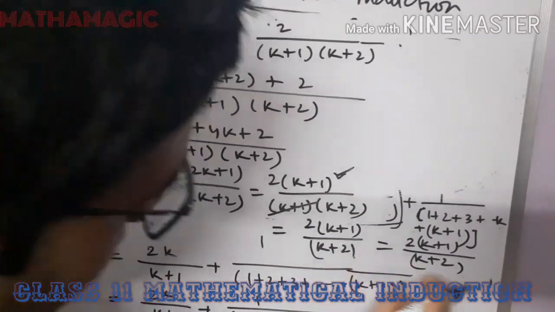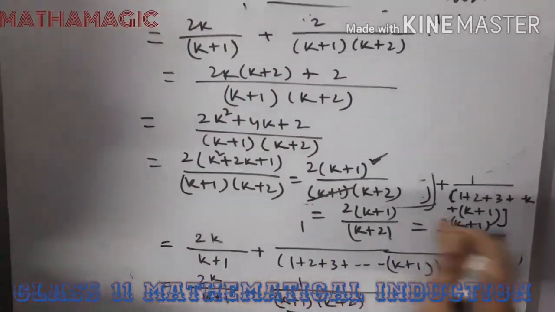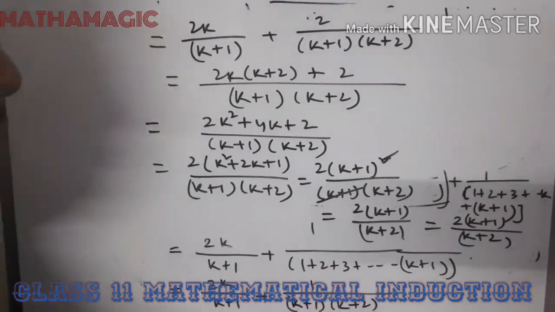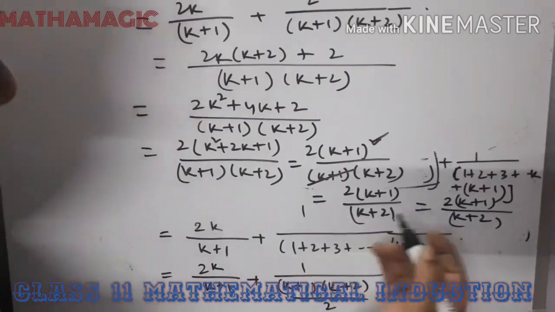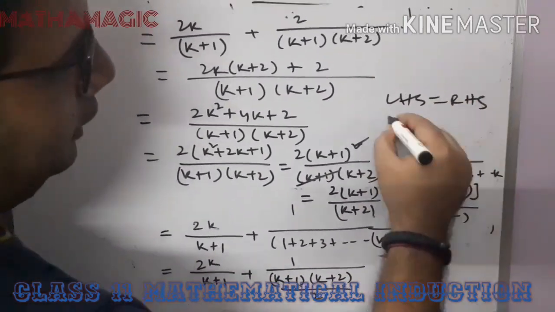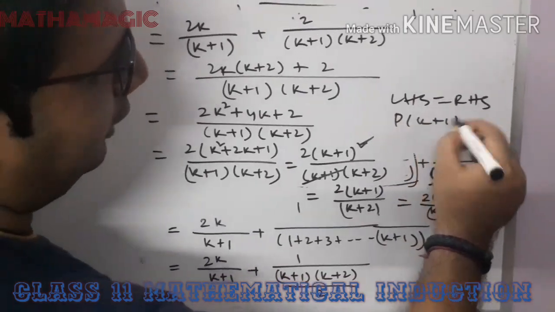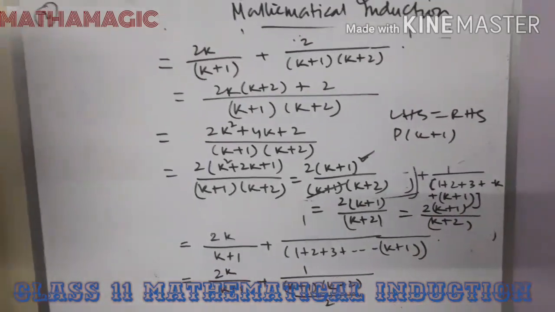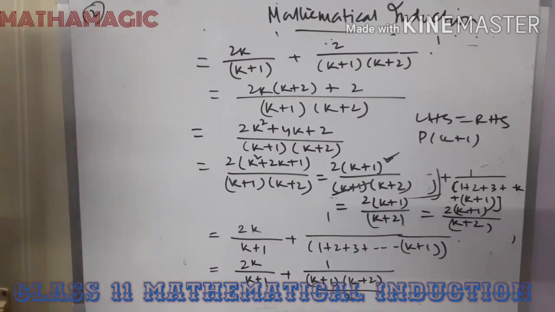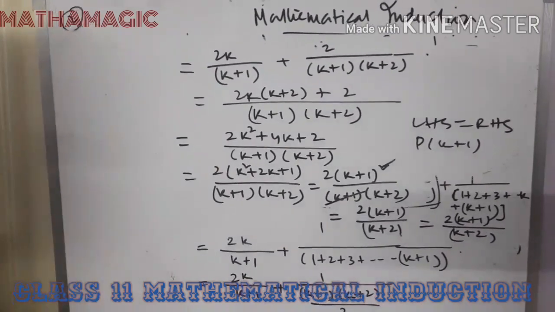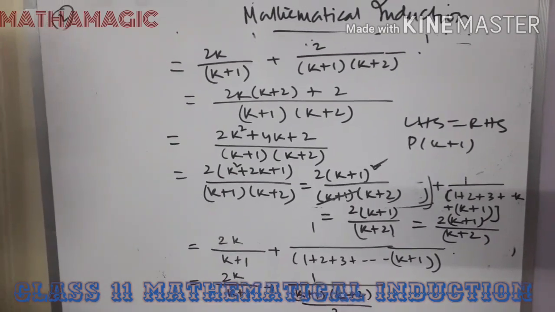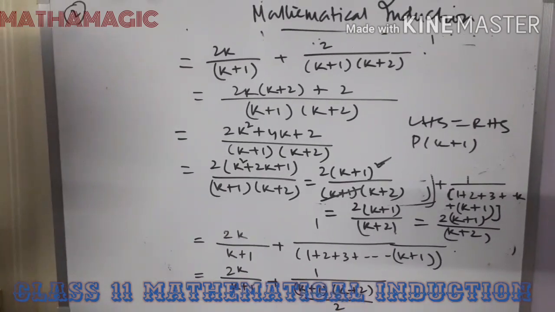See, these two values are equal. So LHS is equal to RHS. This is how you have to do the calculations so that you can prove the sums. So after proving that LHS is equal to RHS, you just write down that P of k plus 1 is true whenever P of k is true. Whatever statement is written in the first problem, you just need to copy that one. So this is how we can solve the problems. So please note it down so that we can move to the next type of problem.